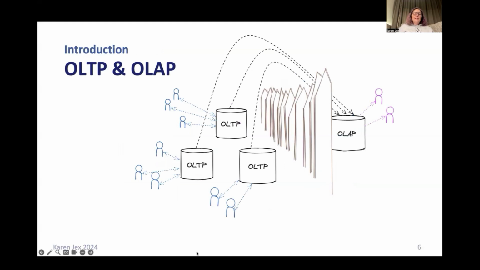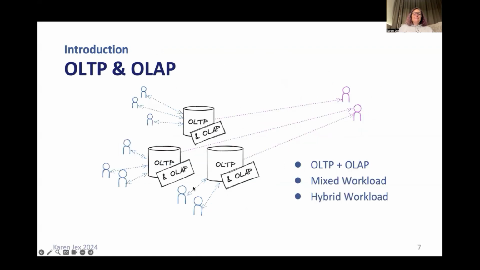So once upon a time, there were OLTP databases and there were OLAP databases, and the two were very much separate. Data would somehow be extracted from the various OLTP databases and loaded into the OLAP system, often via a nightly or weekly batch process. And this does sometimes still happen, and there are good reasons for doing it that way in certain cases. But often businesses want to get value from data where it is in real time. So they want to get the business intelligence directly from the OLTP system. Where you've got both OLTP and OLAP activity in the same database, you'll often hear it described as a mixed or hybrid workload.